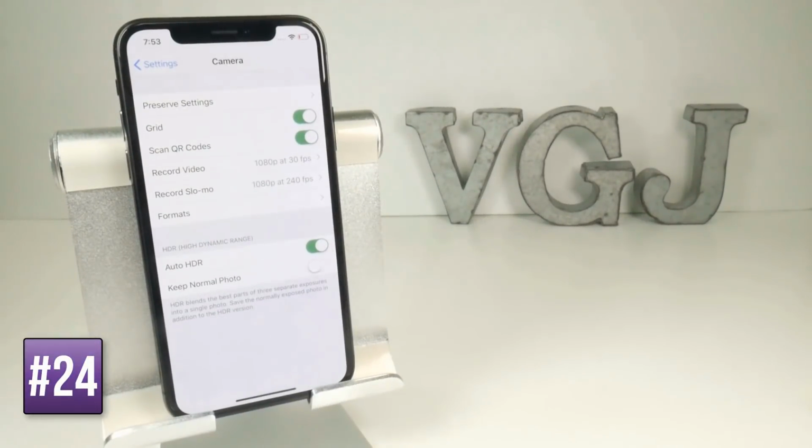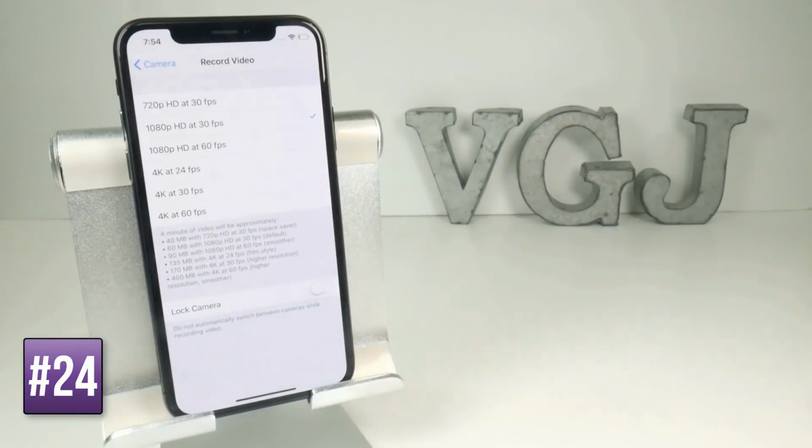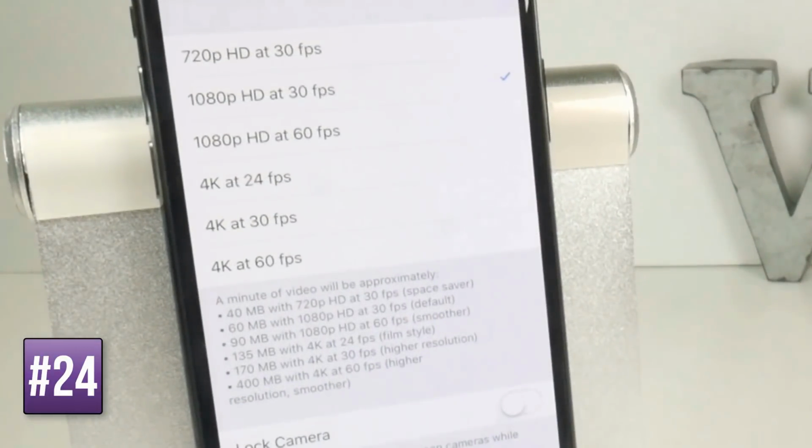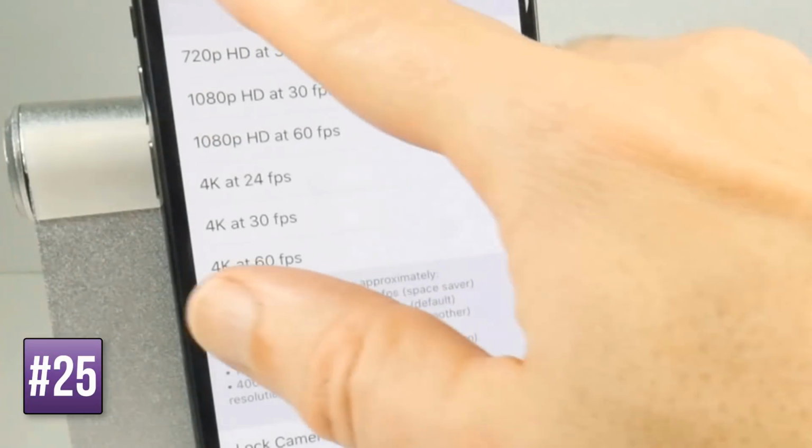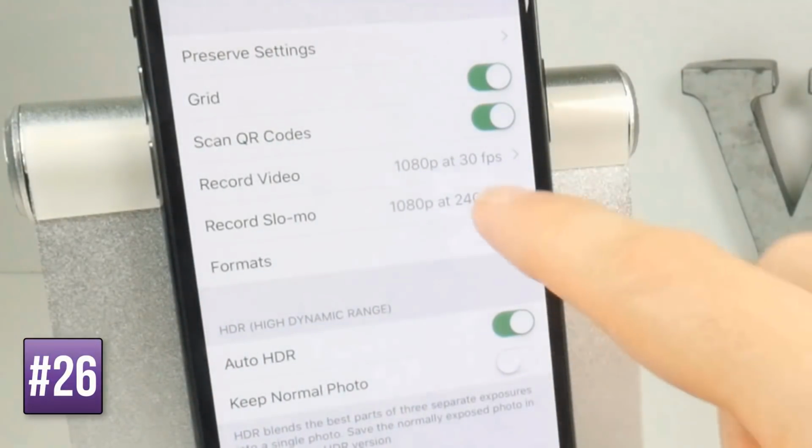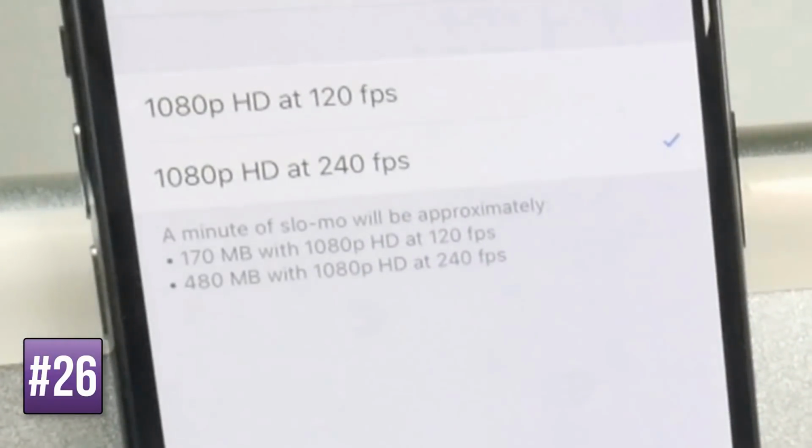Out of the box, your iPhone X records at 1080p 30 frames a second, but you can change that all the way up to 4K resolution at 60 frames a second. It helpfully lists how much average storage space that will take up, so bear that in mind if you are changing the camera settings. You can also use similar options for slow-mo as well, which records 1080p at 240 frames